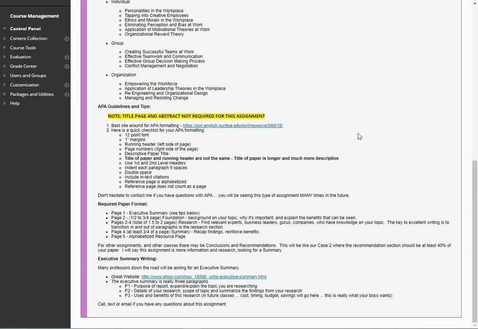You need to have a heading, and the heading has to have your name. You want to have your running header and the page numbers in there. The title and the running header are 2 different things. The title of the paper is usually longer and a little more descriptive. The running header is just about 3 words or so that let you quickly ascertain what your topic is.